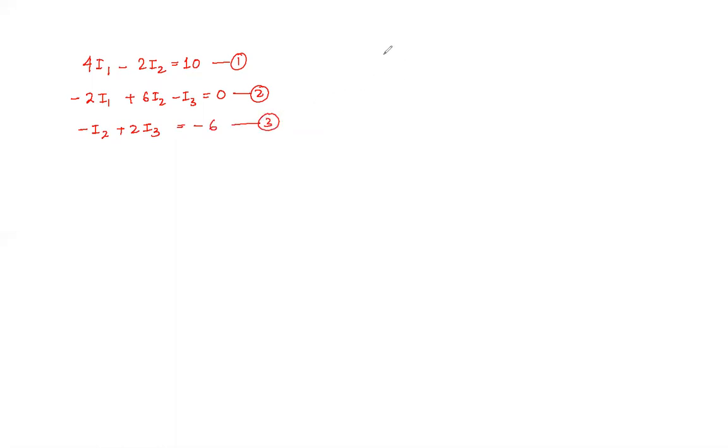Now let us solve all the 3 equations. So from equations 1, 2 and 3, I'm going to make some determinants here. Okay. So 4, minus 2 and 0. Similarly, here I'm going to write, from the second equation, minus 2, plus 6, minus 1. You already know how to solve this. While we used to do the cross product, we also used to solve this one. 0, minus 1 and, yes, here I1 is not there, so I can write it as 0, minus 1, and for this it is plus 2.